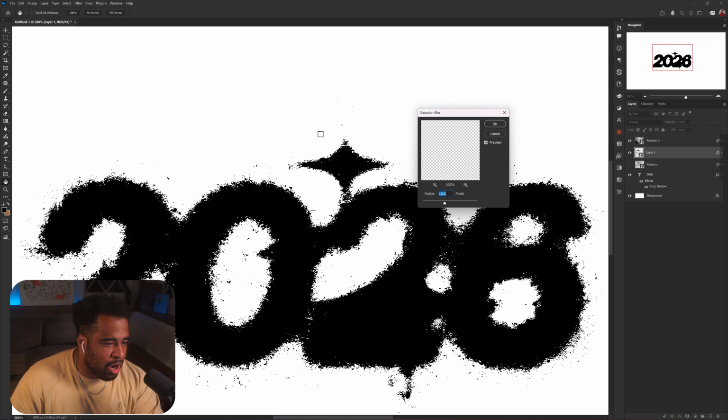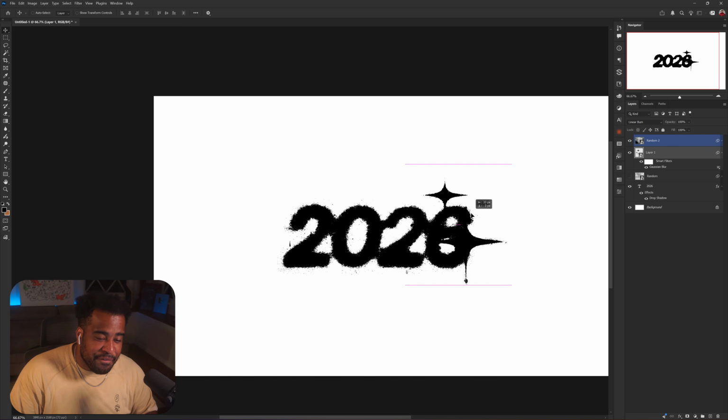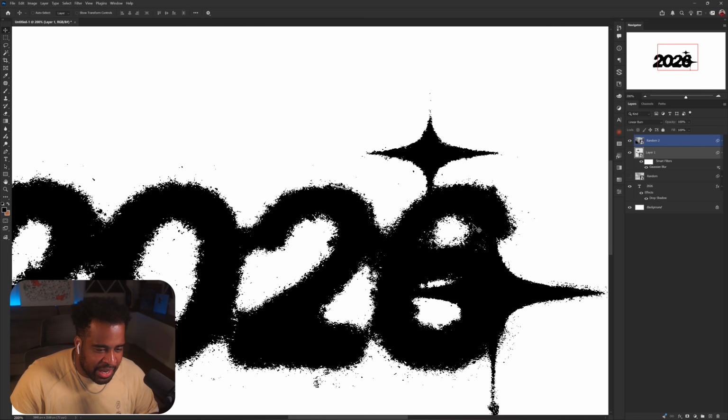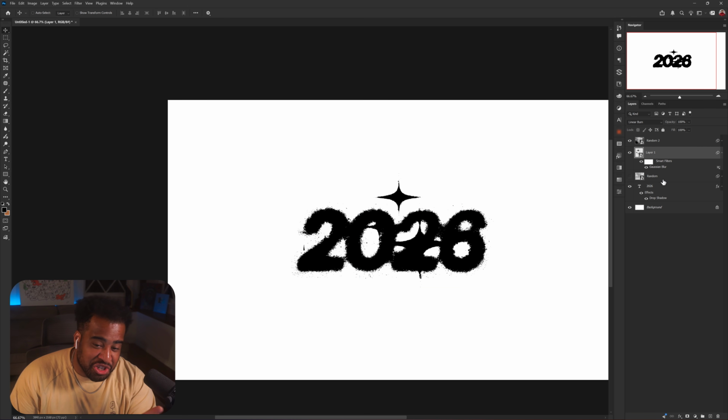Filter, blur, Gaussian blur. There we go. As long as I add that little bit of Gaussian blur, that's how we can get some pretty cool results in here. And honestly, a very dope way to make this an active layer and quickly make some really cool designs. Now, the cool part that I want to show you guys, just because I was like, hey, if I